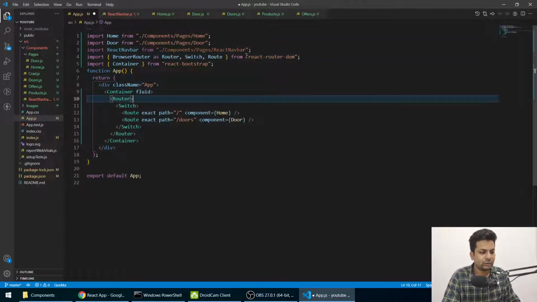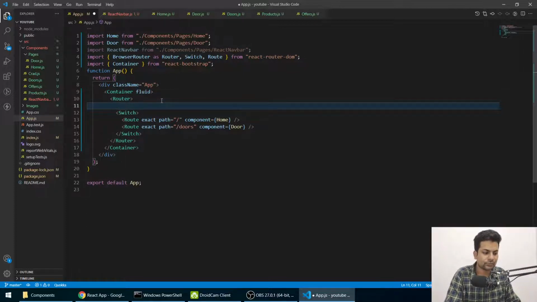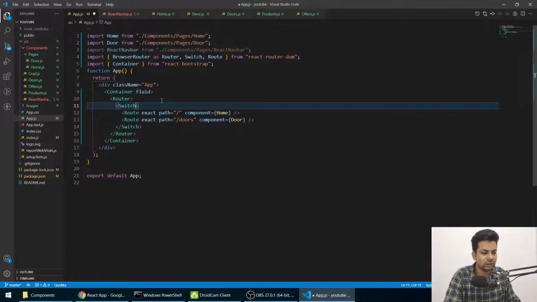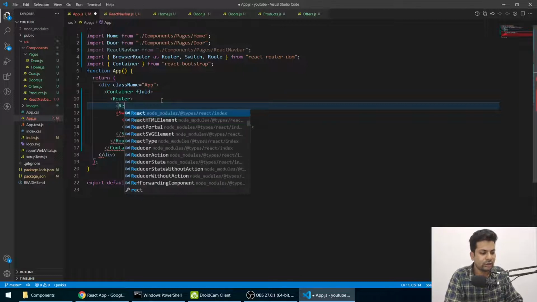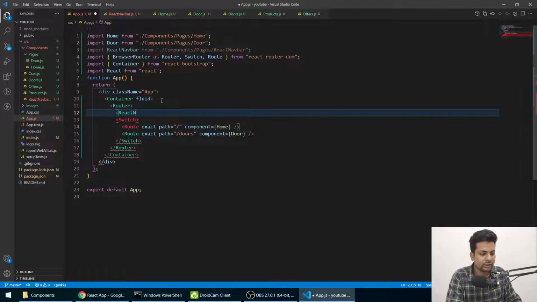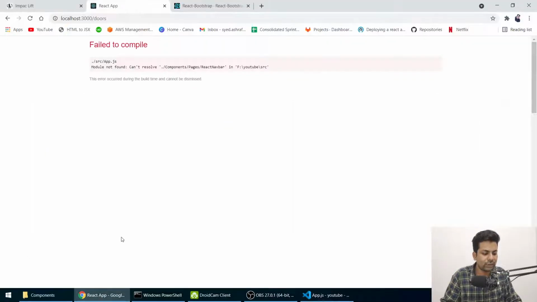Now we'll just use this. We want this navbar always to be above. So after the router we'll just put this react navbar, yeah, like this, so it will be in every route automatically.